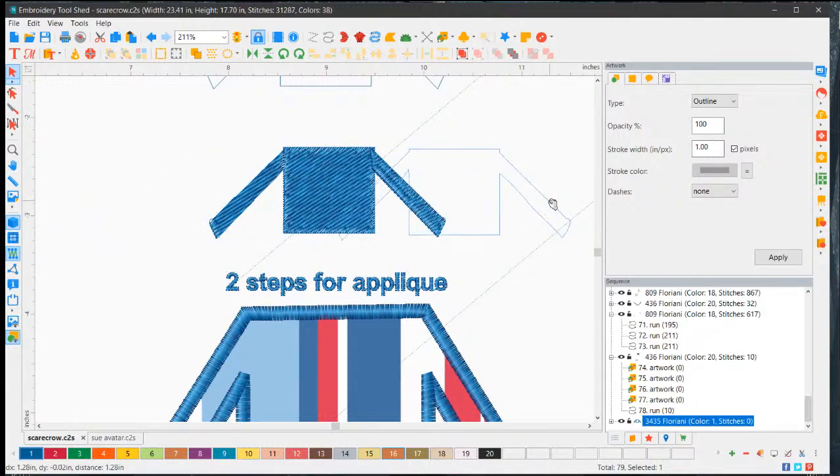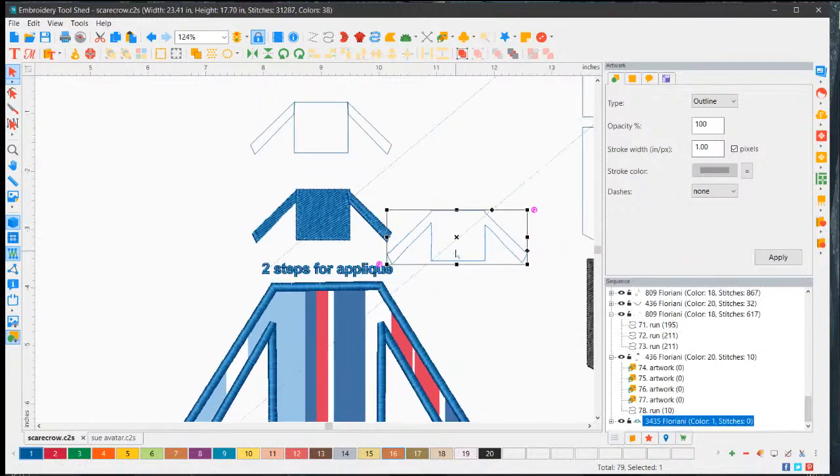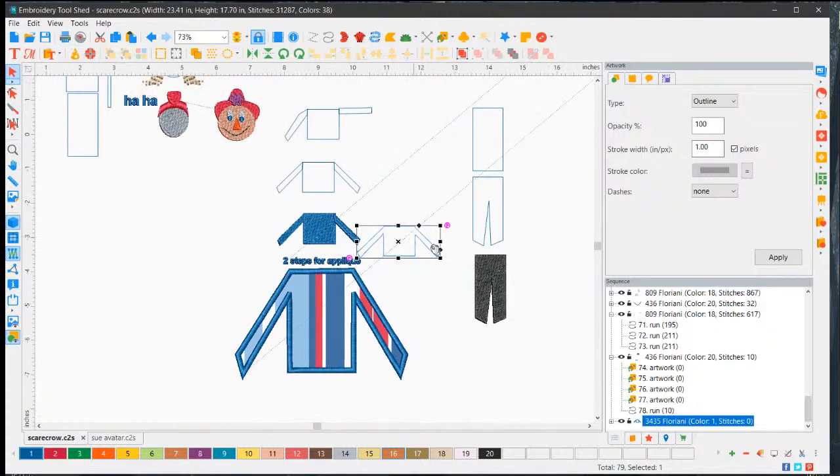Look, I just grabbed it. And I like it better that I moved the arms down and over a little bit, so it's not quite like this. Now again, we want to make it a little bit bigger because applique. I see someone there, denim would be cool. So I was thinking denim for the pants, and you'll see that in a minute. So let's make this bigger. And before we